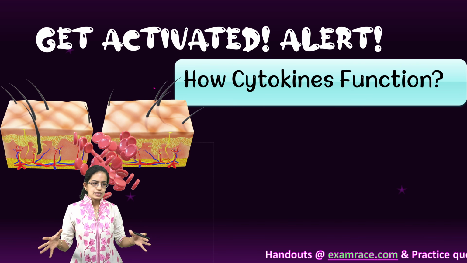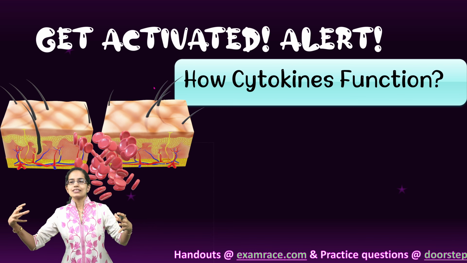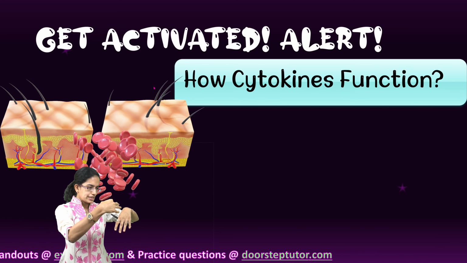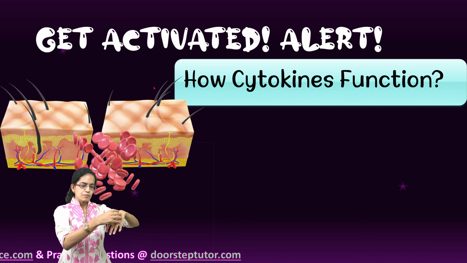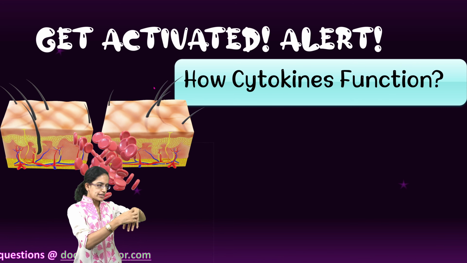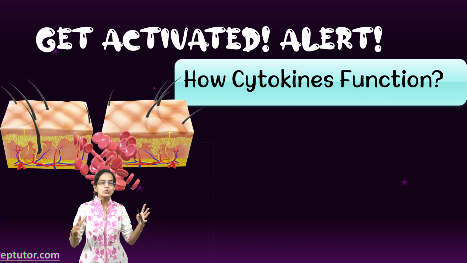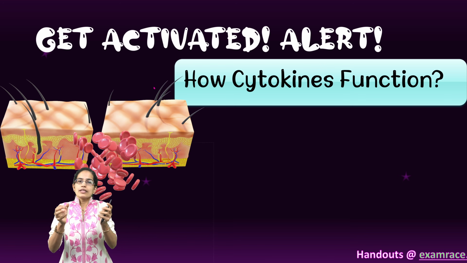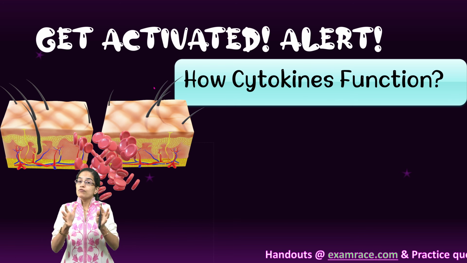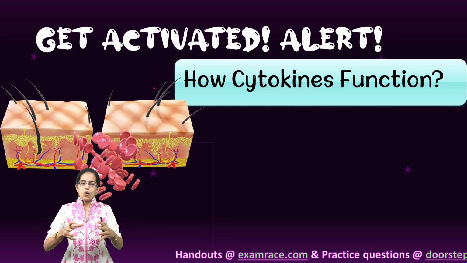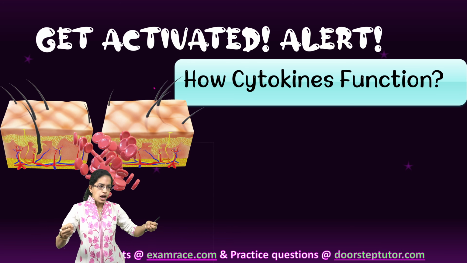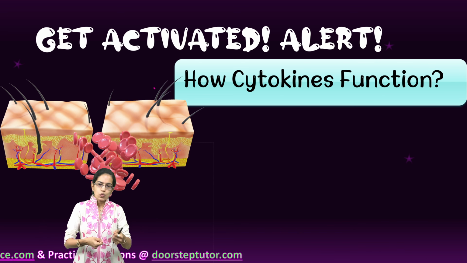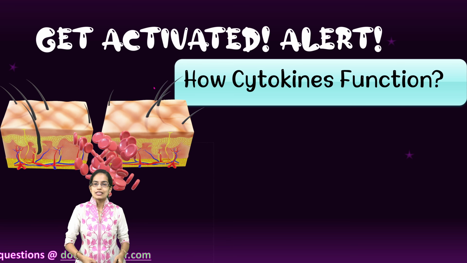What happens is, when the pathogen enters a human body, a response is created. This response creates a huge kind of turmoil within the body. So the body cells tend to inflame, and an inflammation develops. Now, as the inflammation develops, in response to the inflammation, the cytokines start to work. They get activated, they get alert.